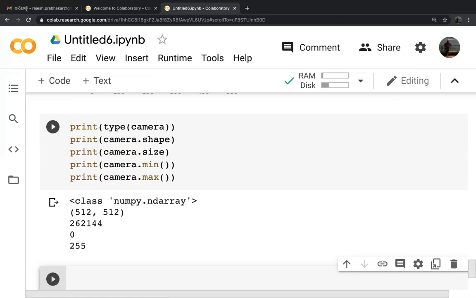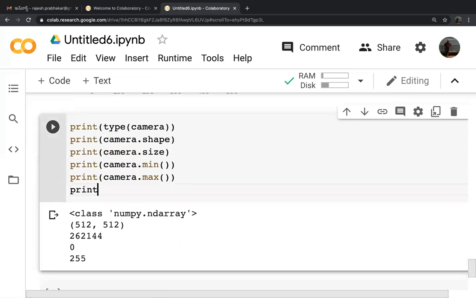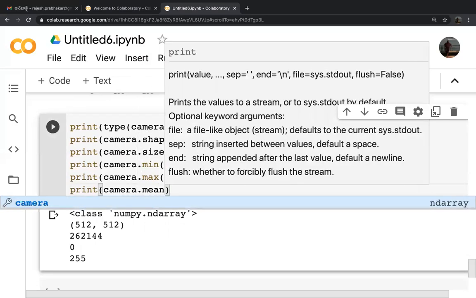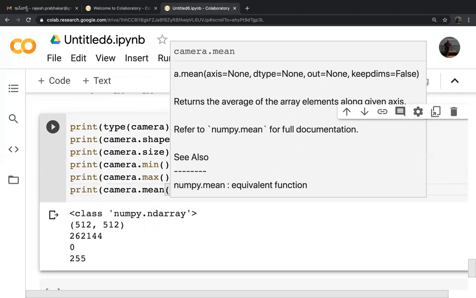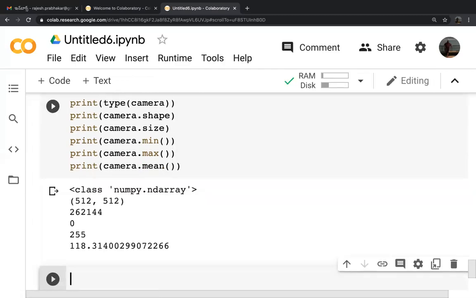So we are just seeing how an image can be read into Python and how NumPy helps you understand the numbers. Print camera.mean. The mean of the image is 118.314. So in the back end, the image is already converted into numbers.